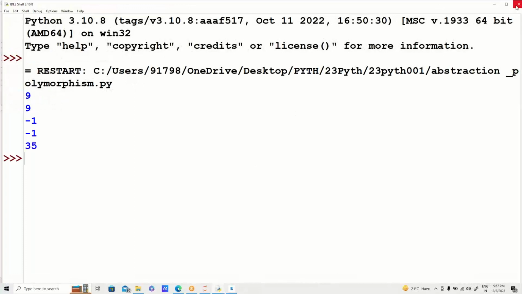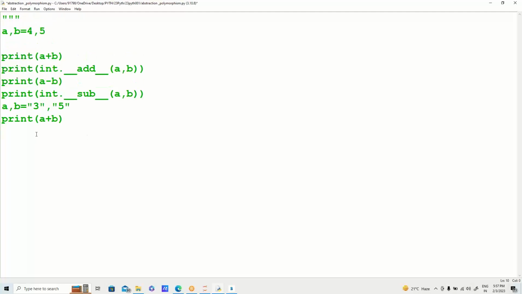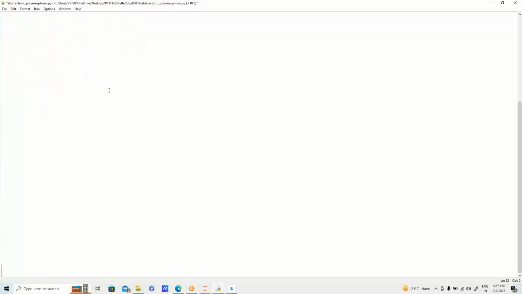Let me know if abstraction is clear to each and everyone. Tell me yes or no. Okay, now if abstraction is clear, now